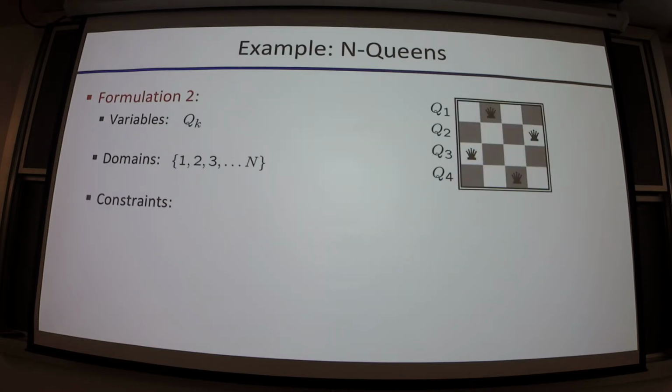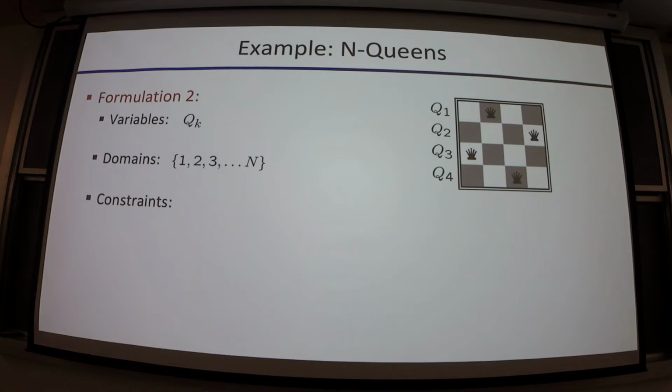So, for instance, we know that each row has to have a queen, right? And we know that there have to be n queens. So let's make our variables the queen in row 1. And then the second variable will be the queen in row 2. And the third variable will be the queen in row 3. And so on, right? And then the values that those can take will be their columns. Does this make sense? Okay.